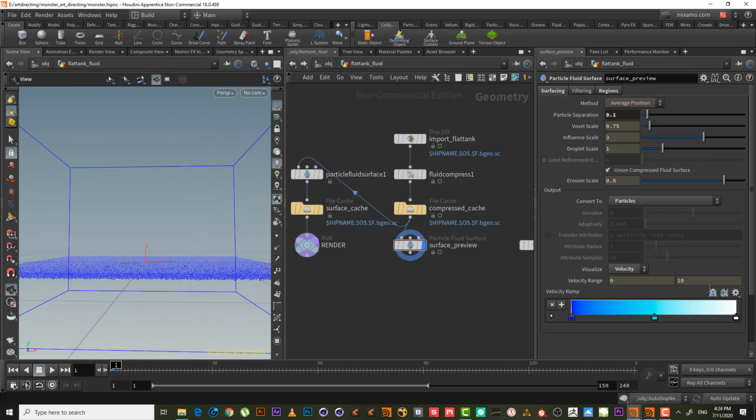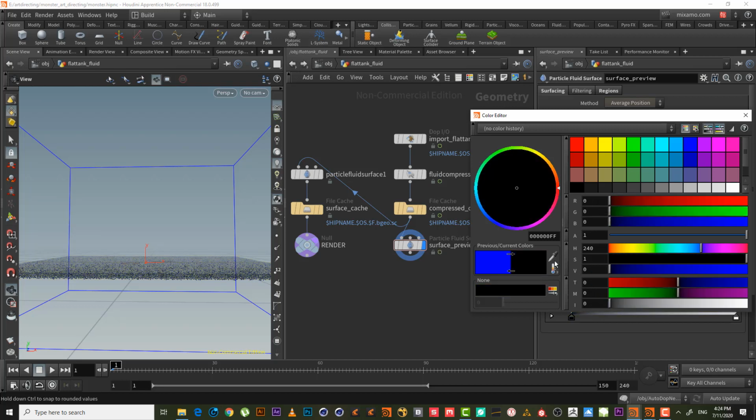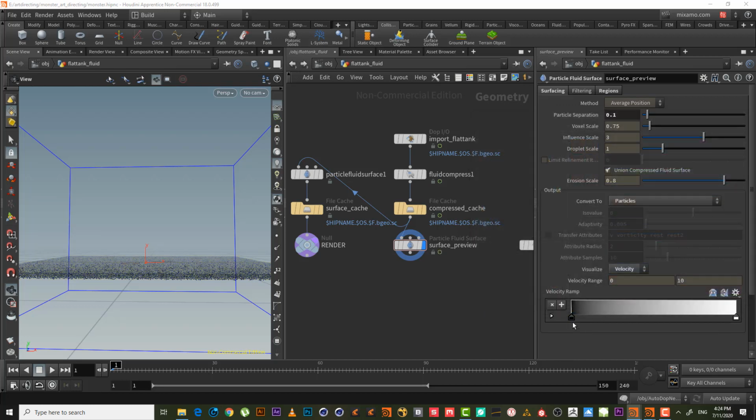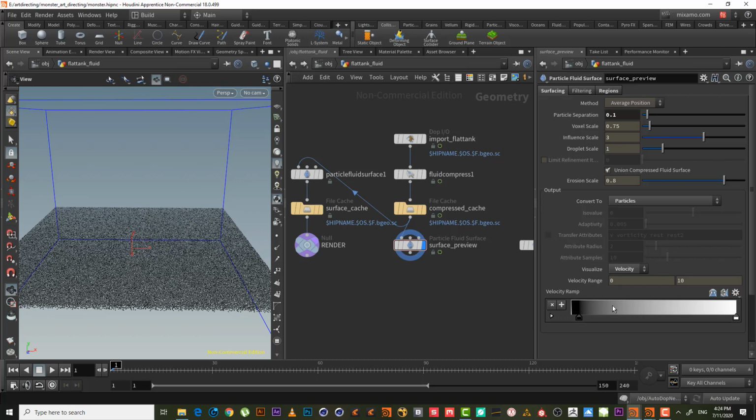We have the velocity here between 1 and 15. We will change it to be black and white. Let's say it's going to be black. So here the velocity between 0 and 10. Okay, so if we just hit play,